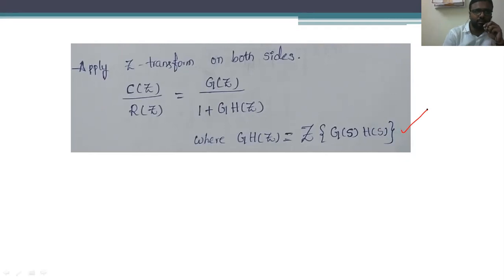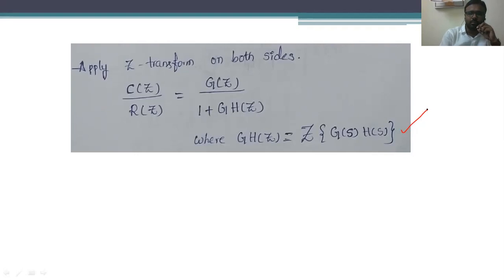Okay. So in this way, we are going to frame the pulse transfer function for the closed loop systems. So in this class, we have discussed three different data systems, that is two open loop systems and one closed loop system. So in this way, we are going to frame the different data systems. Okay. So while observing the previous university question papers, I have seen that develop the pulse transfer function for the open loop system is one question, and the second question is develop the pulse transfer function for the closed loop system. These are the two repeated questions which are asked regularly.